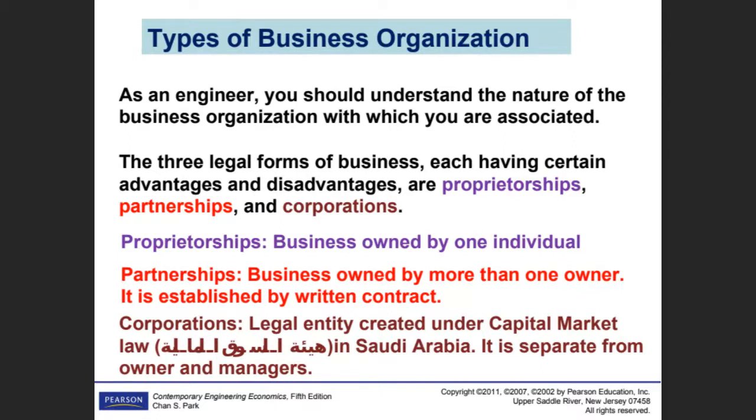They are proprietorship, partnership, and corporations. Why do we call them business forms of organization? Because it all depends on ownership. Ownership means who is the owner, who has the claim on the assets or resources of an organization. Who are the owners? It depends how the business is registered.